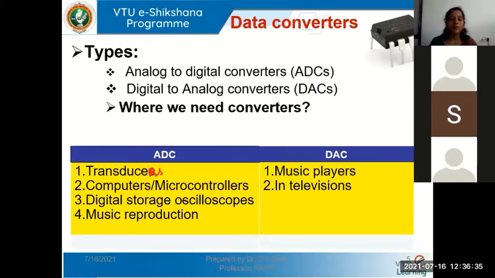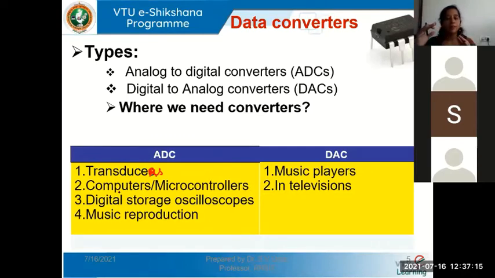We also use them in digital storage oscilloscopes or DSOs, and we also use them to reproduce music. In many music players, they convert our voice or the music, which is an analog signal, into digital, and they will transmit it over long distances, say your telephone, radio, anywhere. Your voice is converted from analog to digital. Then some processing is done, like amplification, modulation, and so on, and it will be transmitted over a long distance.